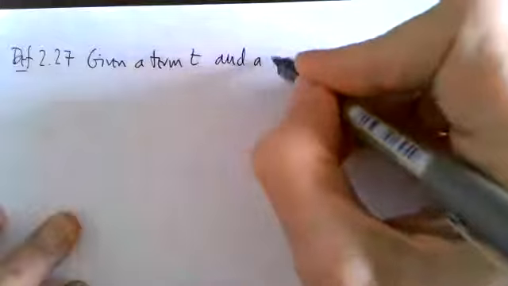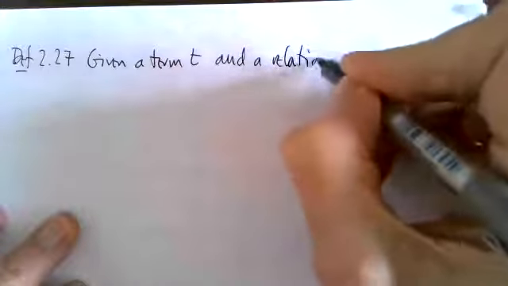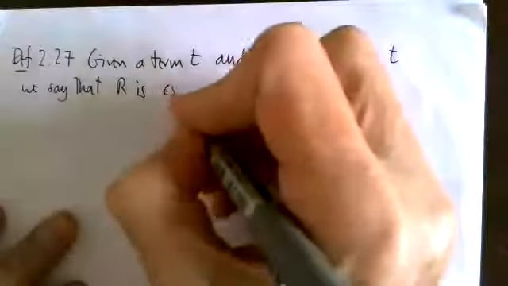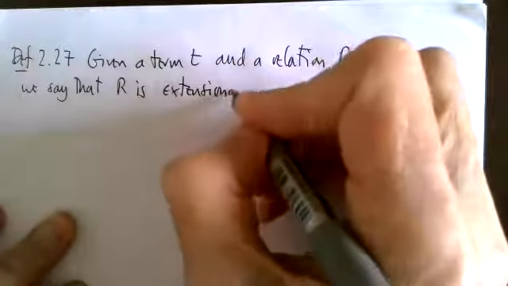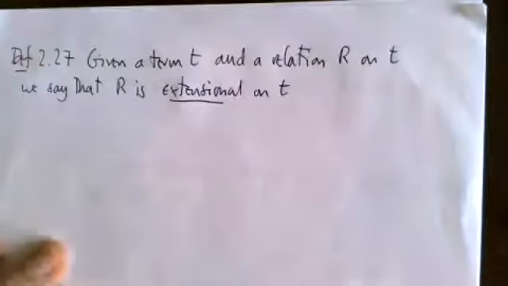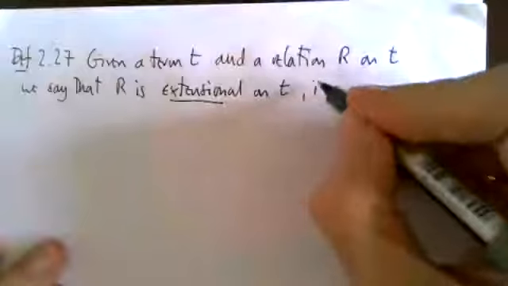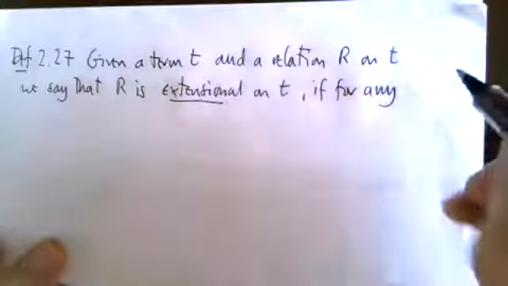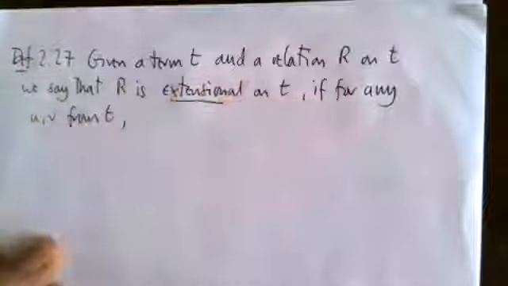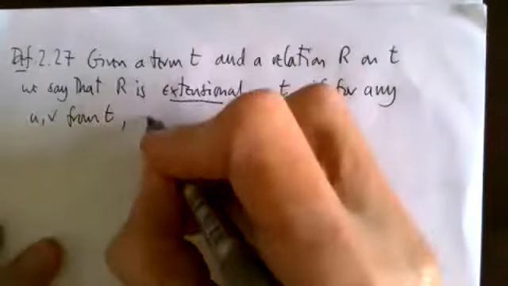So given a term T and a relation R on T, we say that R is extensional on T if, for any U and V in T, if U is different from V,